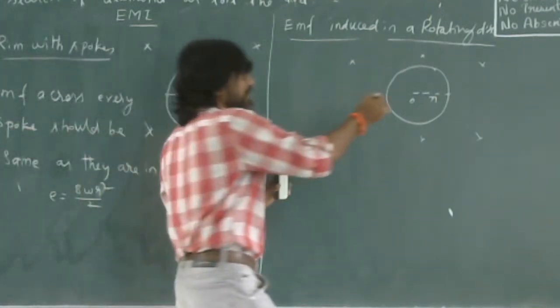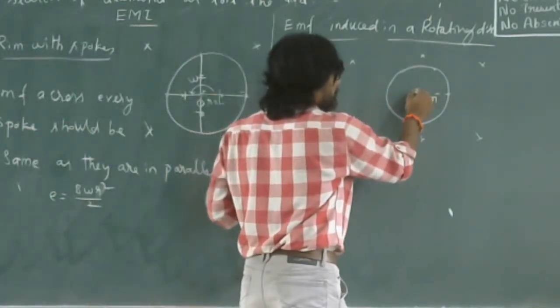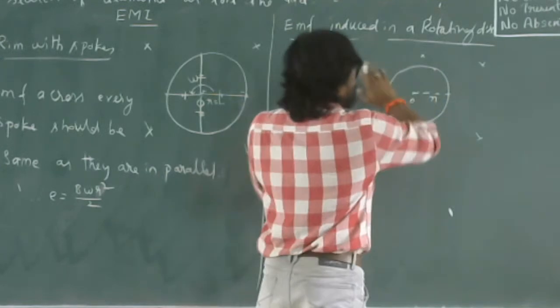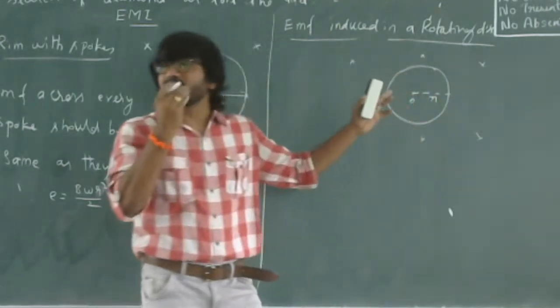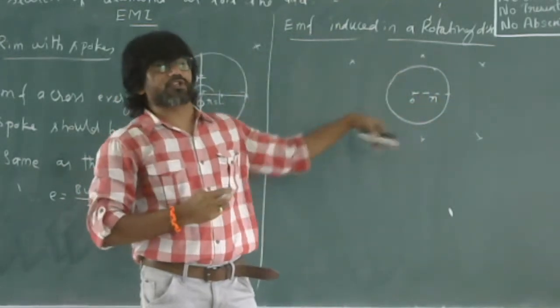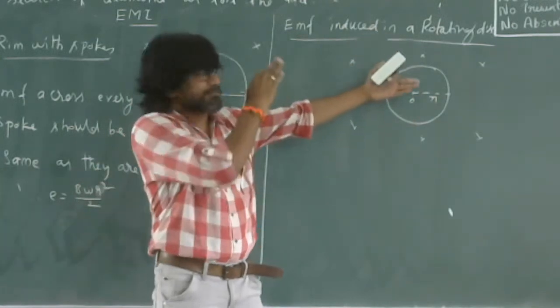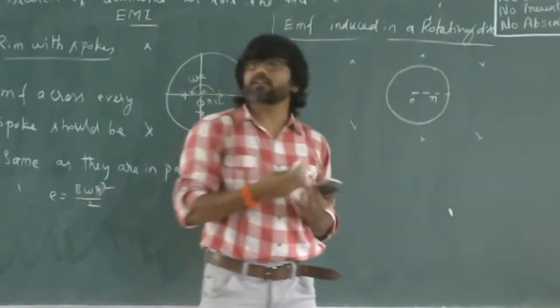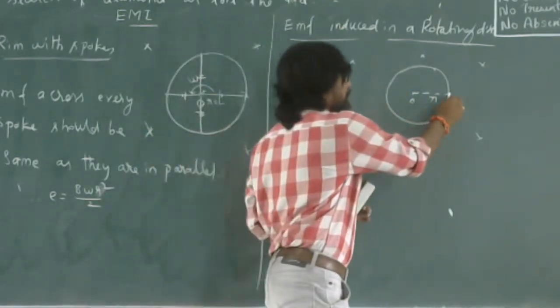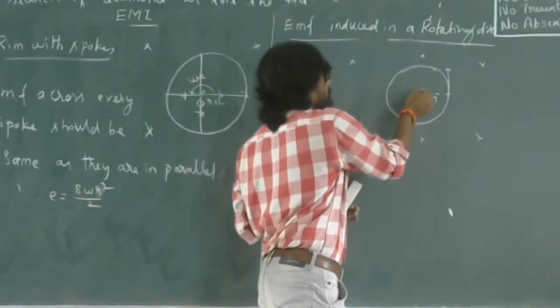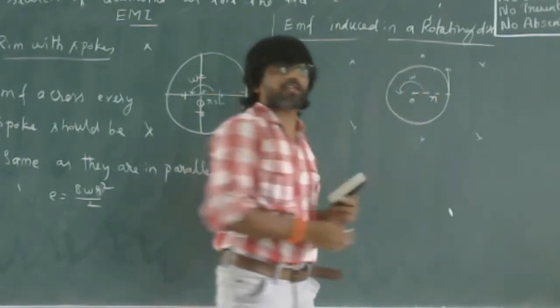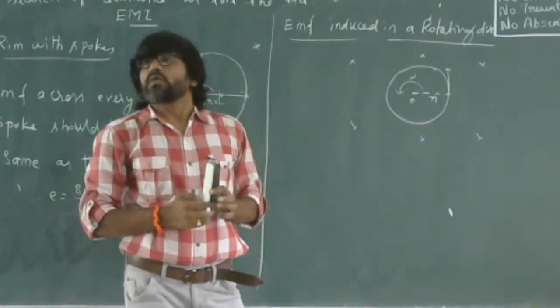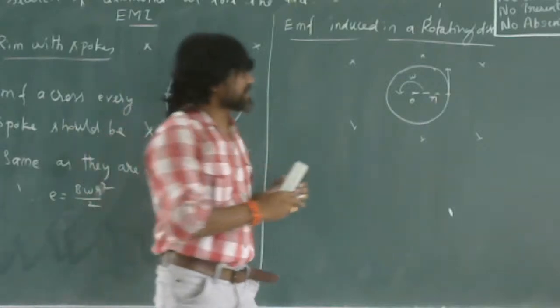So if we consider a line passing through the center and perpendicular to this plane, we consider this as the axis of rotation of the disc. If the axis is perpendicular to the plane and parallel to the magnetic field, and if the disc is rotating like this in the anti-clockwise direction with angular velocity omega,